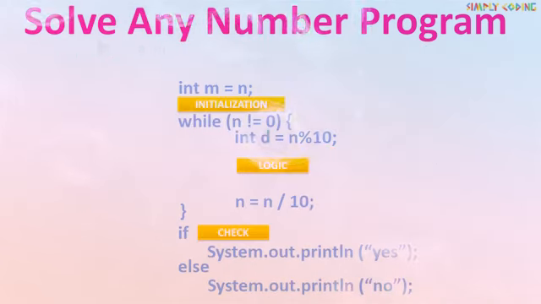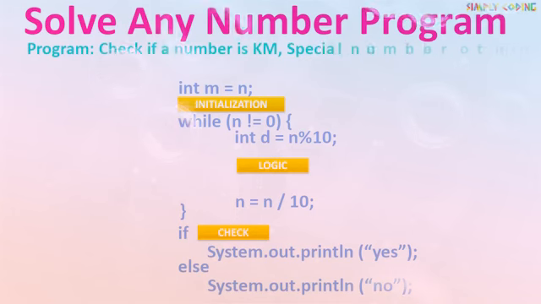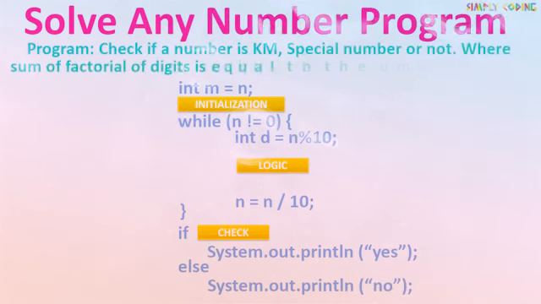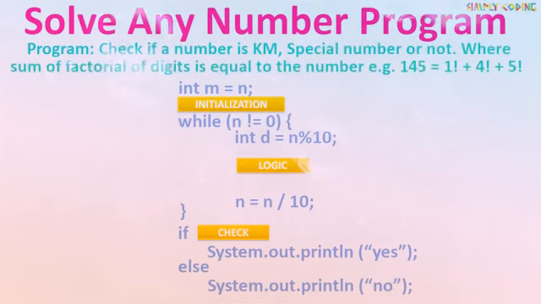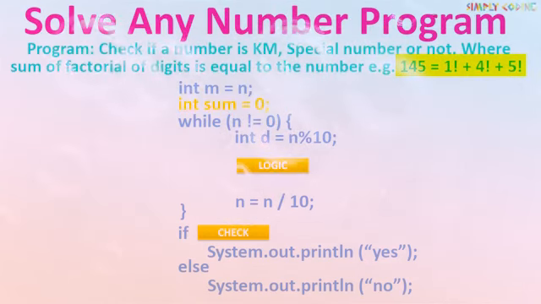Now let's do Krishnamurti number or special number. It is a number which is equal to the sum of the factorial of all digits. For example, 145 is equal to sum of 1 factorial plus 4 factorial plus 5 factorial. Now here in initialization section,